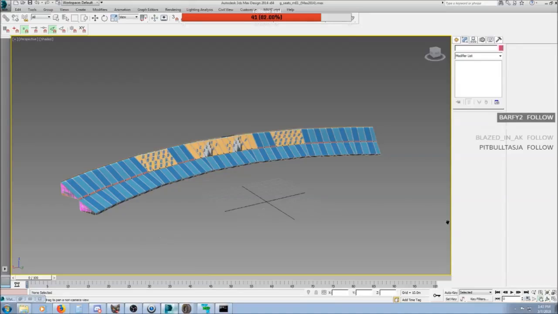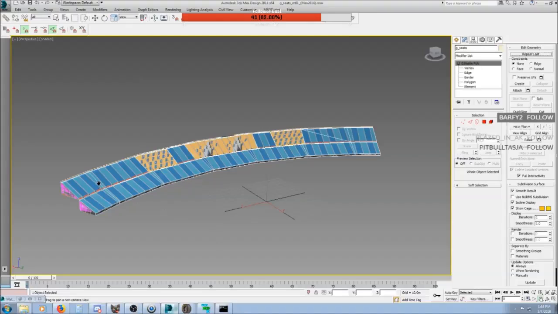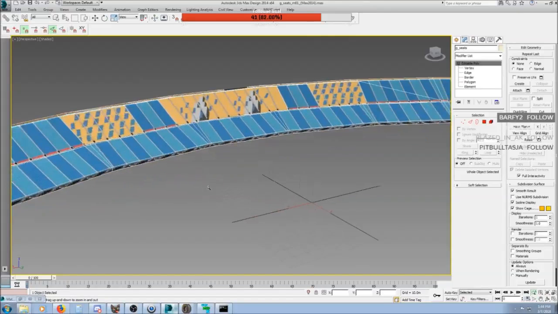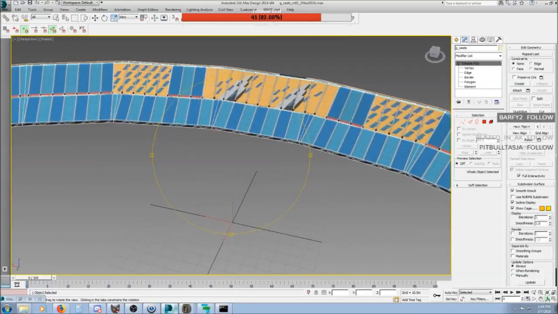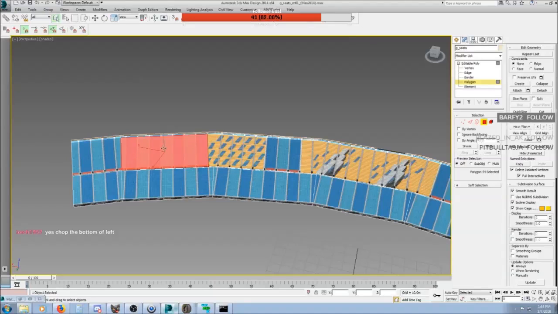So say for example, I'll go into the seats here. Say for example, we needed to cut out, I don't know, just pick, I think this is already an editable poly, yeah. So let's say we needed to cut out a portion of these stands. So let's go into polygons. So for this one here, it's one complete polygon, right? So if we needed to cut this down, like say to here, like draw a line, the way you go about that